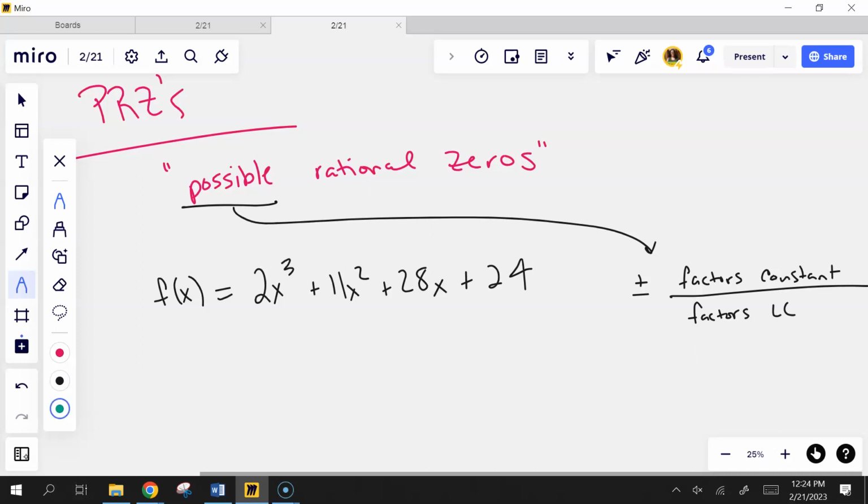Okay. What are the factors of 24 in order? Go in order for me. 1, 2, 3, 4, 6. Those are factors, right? Factors of the constant. What about the leading coefficient? What are the factors of the leading coefficient? 1 and 2. So my goal to find all the possible zeros is to list out, and possible rational,